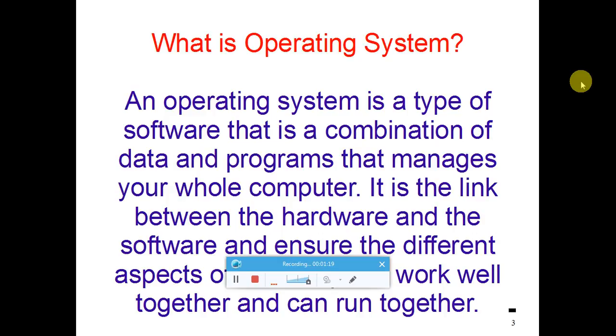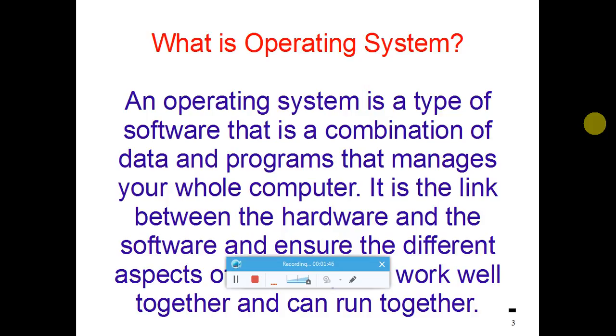So let's start our class and study what is operating system. Many definitions have been provided regarding the operating system. But the first and the foremost thing that we need to understand is that operating system acts as an intermediary between the user of a computer and the computer hardware. Also, many times we have a doubt whether operating system is hardware or software.